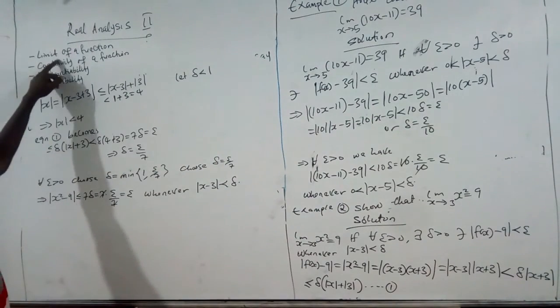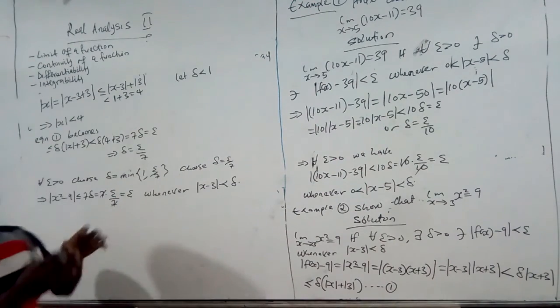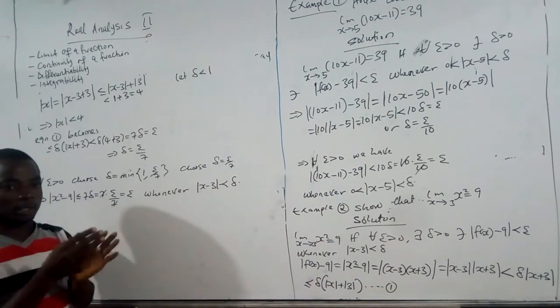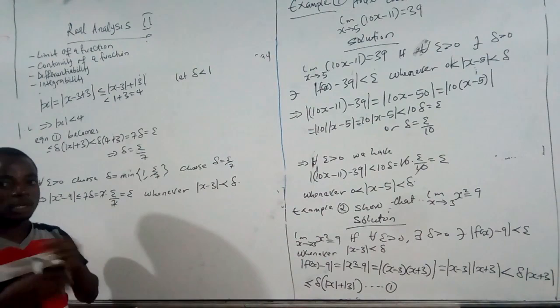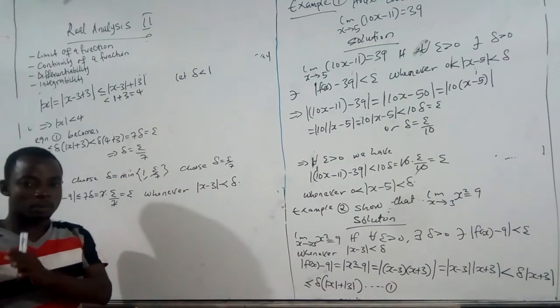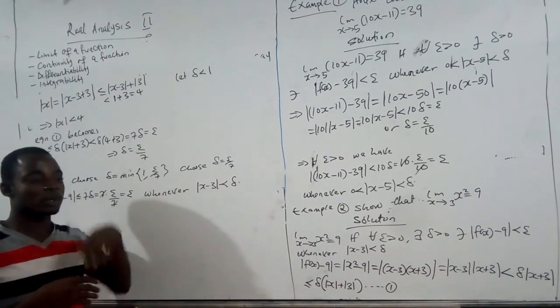Next week we will start the limit of a function. There is a one-sided limit, that is the limit from the right and the limit from the left. And we say the limit of a function is said to exist if the limit from the right is equal to the limit from the left. So I'm going to talk about that